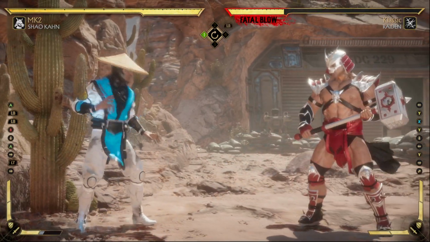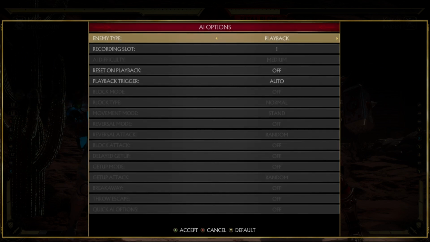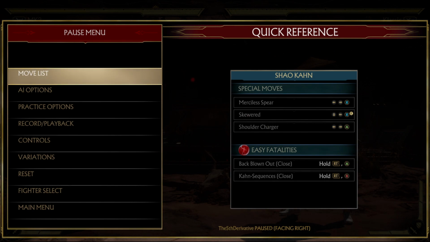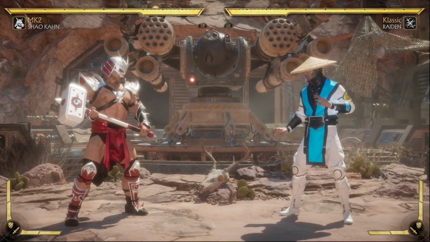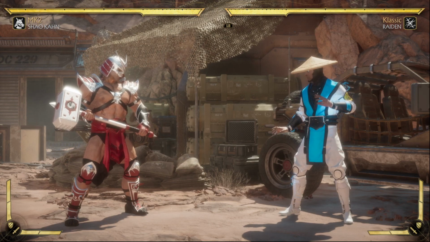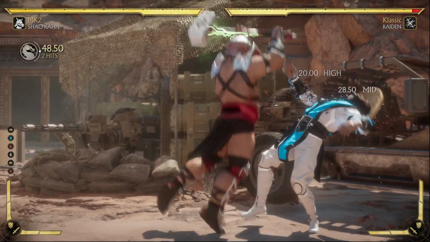But yeah, Shao Kahn kills people, bro. He kills people for doing anything that they think they want to do. You know what I'm saying? Now, I mentioned that Shao Kahn puts people in the corner easy as hell. But what happens when they actually get to the corner? Well, that's when the damage explodes. Okay? So,